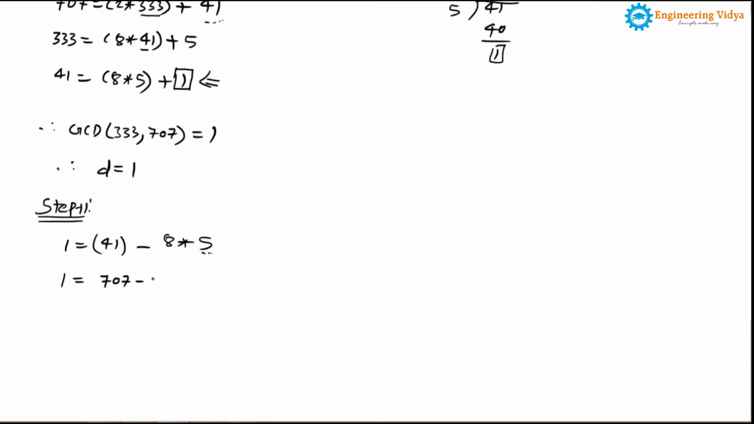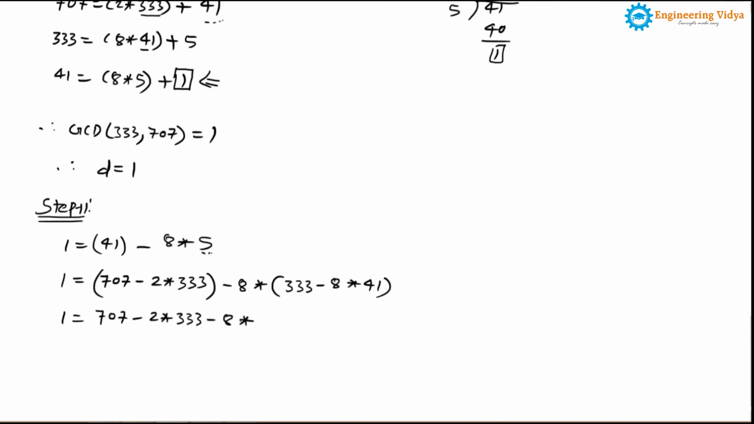minus 2 into 333, so this is nothing but 41. Now here we have 5 also, so 5 can be expressed as 333 minus 8 into 41. So here we can write 707 minus 2 into 333 minus 8 into 333 plus 64 into